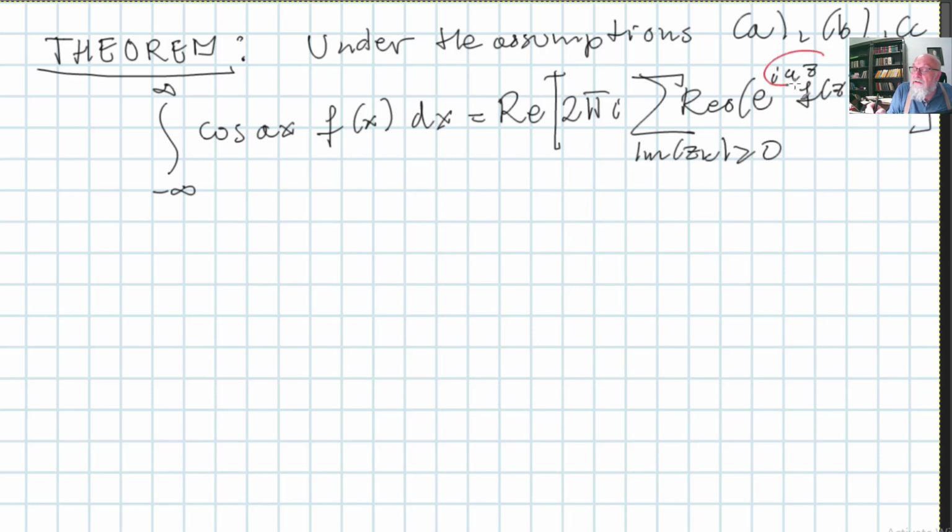So please remember, this is that value, it's not cosine, it is